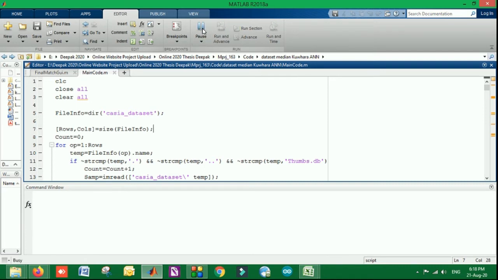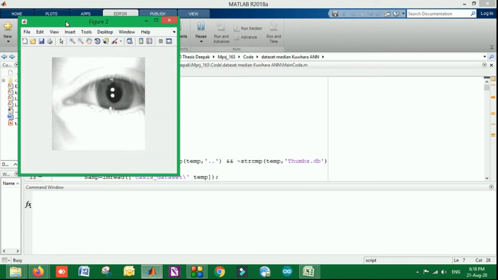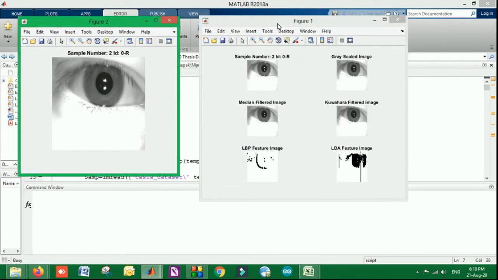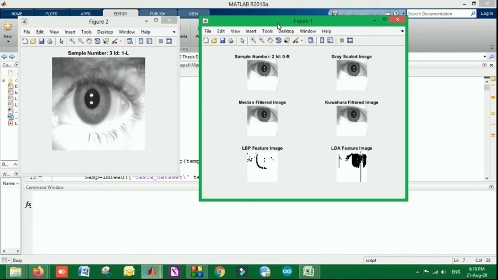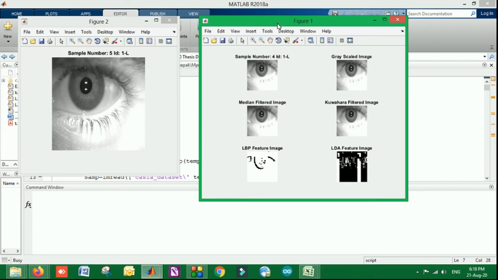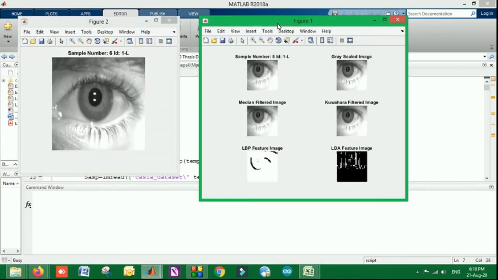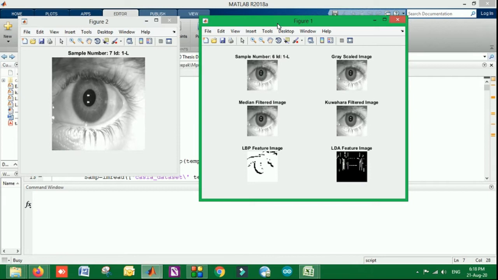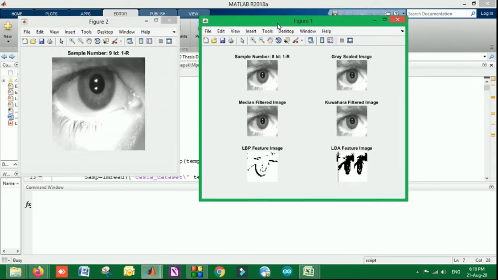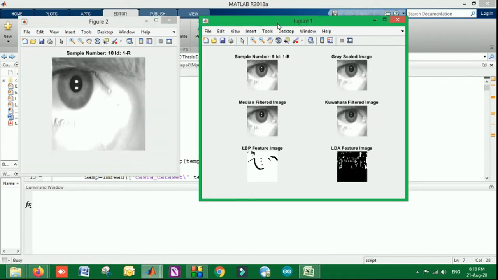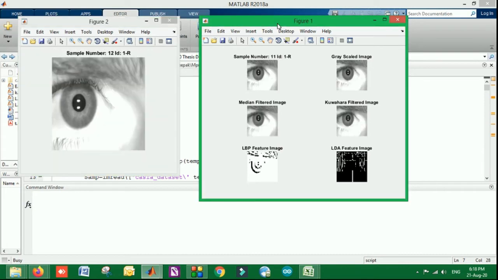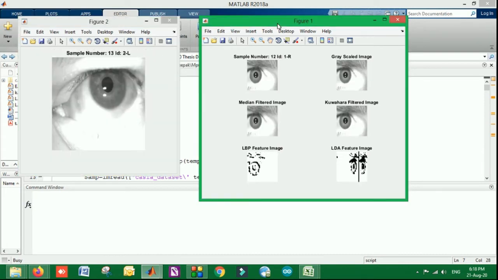In this, we have implemented an advanced model for feature extraction. Enhancement is also applied, as you can see on the system, median filter based and Gabor filter based. These two types of filters are used for the enhancement of the iris dataset. Here the left and right images are used for different males and females. So the classification is done for different case studies, whether it is detecting male or not, female or not, whether it is matching or not.